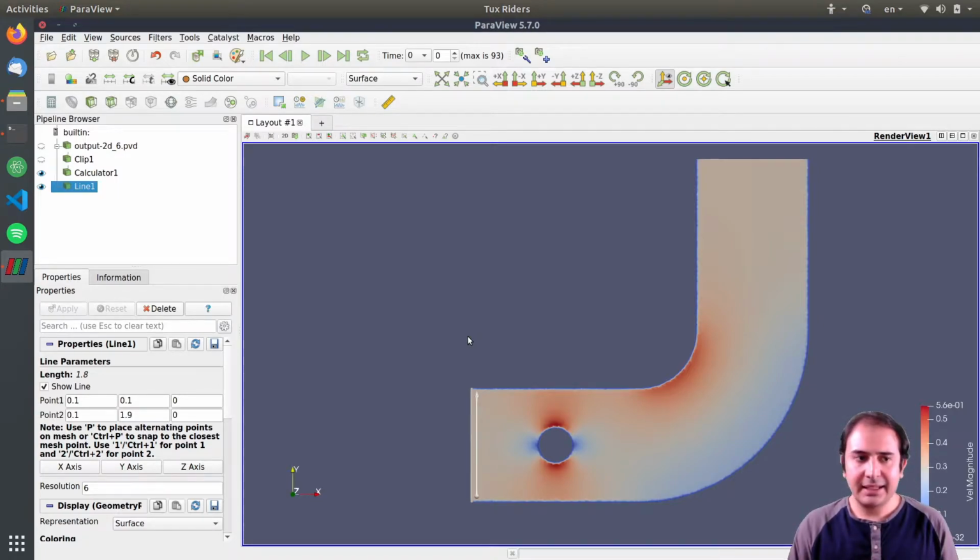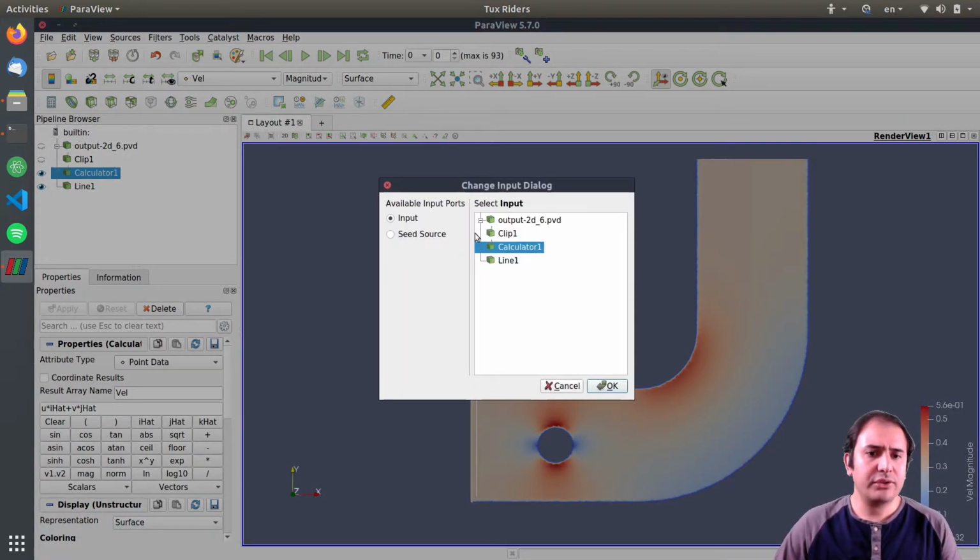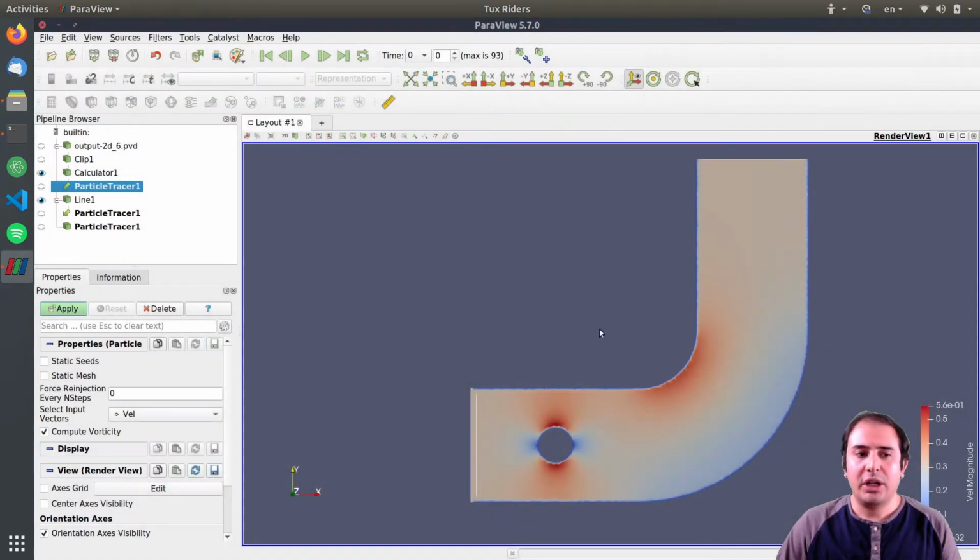And yeah, this is indeed what I wanted to have for the line. And now this is ready for the insertion of the particle tracer. For the particle tracer, I want one input, which is indeed this one, and also a seed source, which is this line source. When I click apply, now I have two